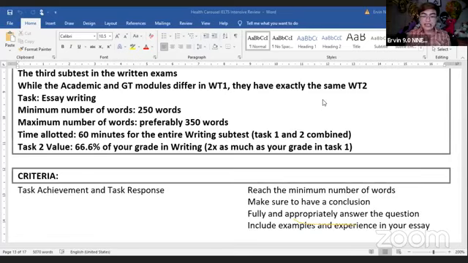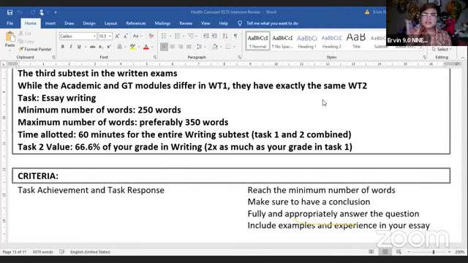I hope you're finished writing the first question. Now let's proceed to question number 2. The second question you must ask yourself in the actual examination: were you able to write more than the required number of words? So in the case of task 1, minimum of 150 words. Task 2, minimum of